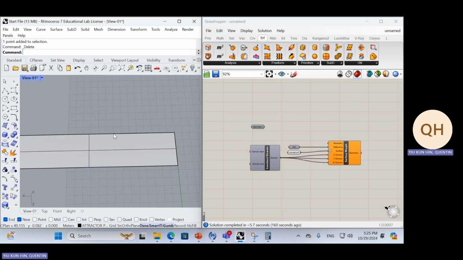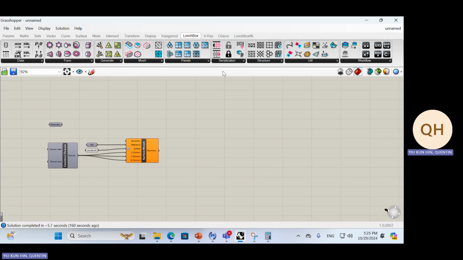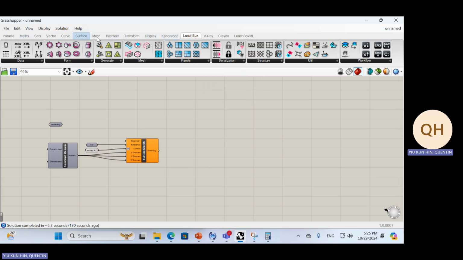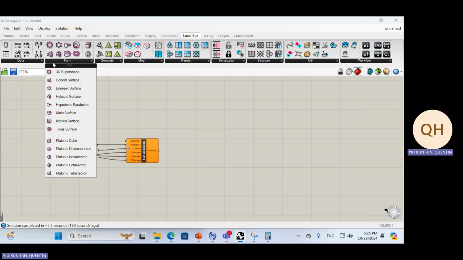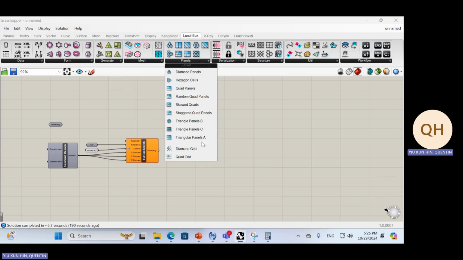Basically, what I asked you to download, the Lunchbox, is a really interesting component. Lunchbox will be on the top tab in your Grasshopper file when it's already installed as a plugin. There are a number of things that they have, but the most useful thing that I find for architecture use is this